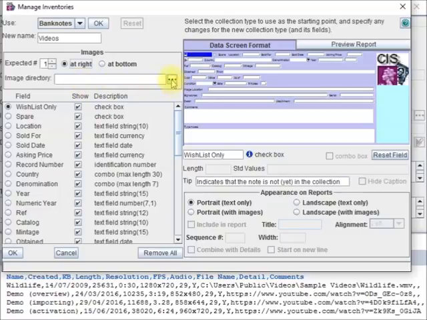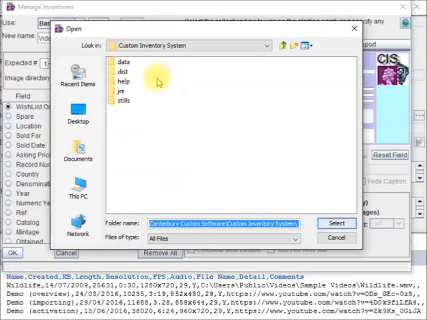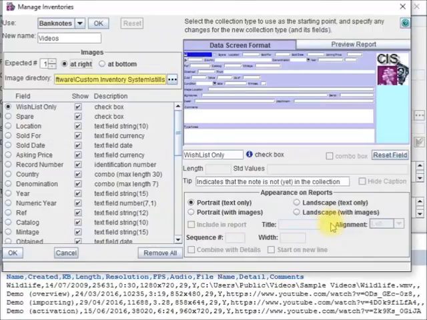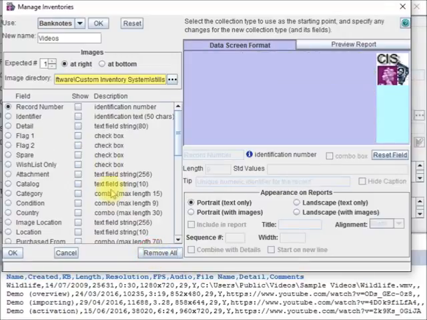I've already created some stills for my sample data and put them all in this directory. So select that just to tell it what's going on. And I'm using the activated version of the application so I can remove all of the banknotes data. If you don't have this, you need to deselect individually. Then we simply go through